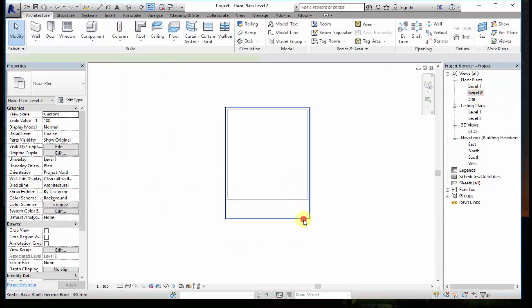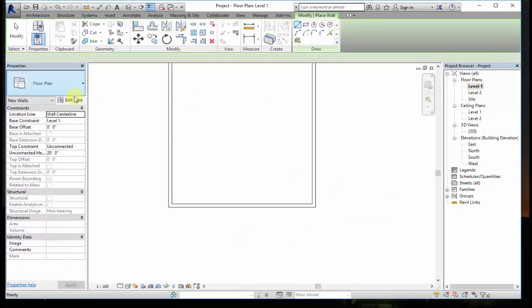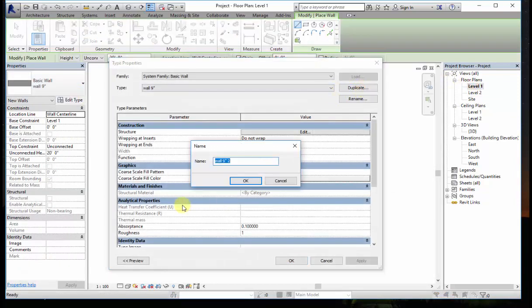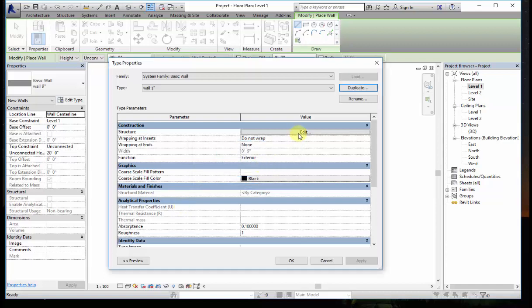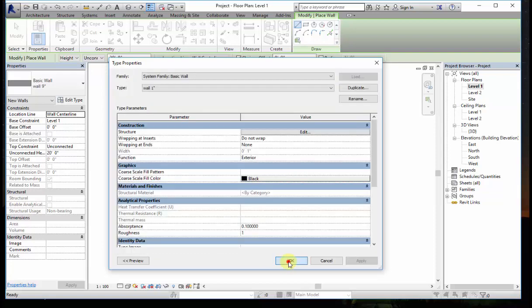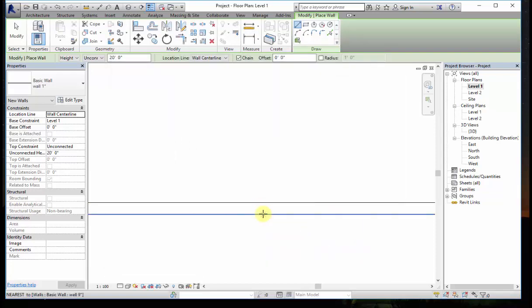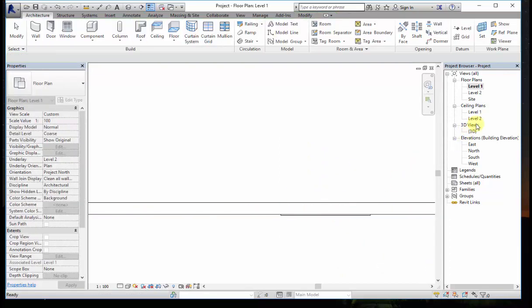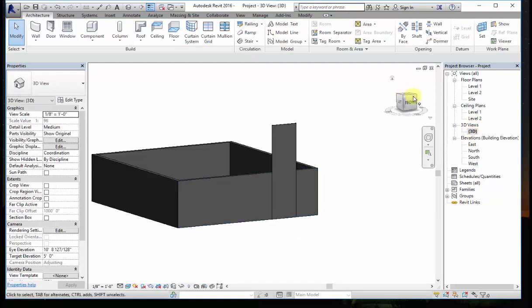So how I'll be creating a photo frame, that is using edit profile. Here I'll take a wall, I'll create a wall of 1 inch thickness. I'll place my wall this side, of how much width you need your frame.